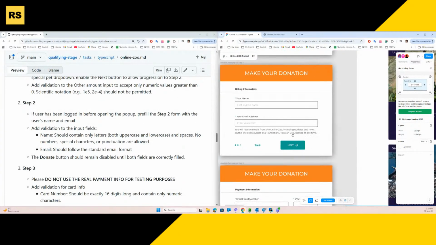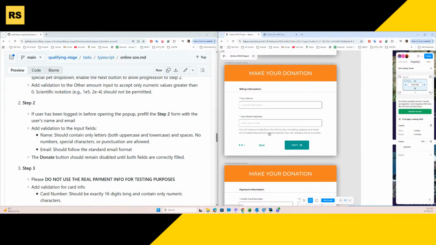The next step. And here we have also two options. In case your user has been logged in in advance, here you should pre-fill the information about username and user email. And just a hint, this information you should store in the local storage. I'm not sure that it's secure, but for educational purposes, it's a possibility to work with local storage,